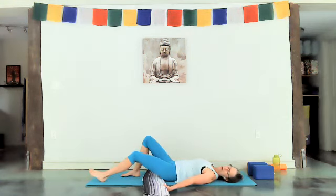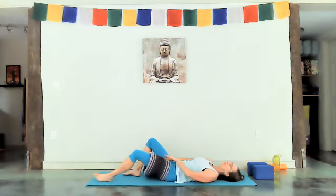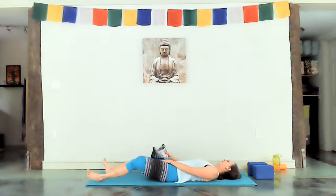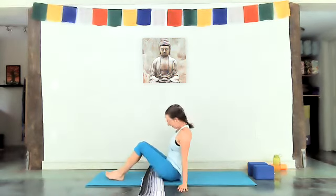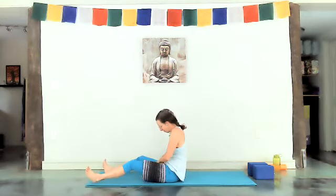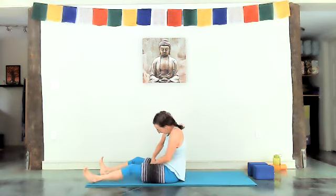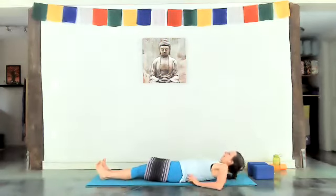Listen up. You're going to grab one end of your blanket, wrap it around one thigh, and bring it to the inside. And then you're going to grab your other end of your blanket. I'm a little off here. It might be easier if you're seated. You're going to squeeze one in, and then the legs are close together. You're going to squeeze the other blanket in. You're making a little burrito for your legs. And then you're going to lay back down